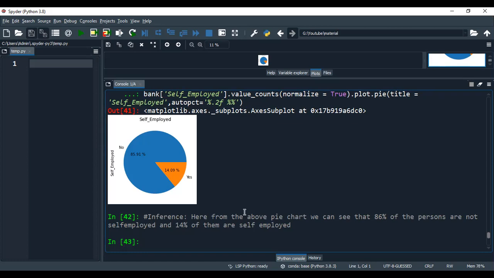In one single shot, you can draw both bar plots and pie plots for categorical columns, and also the related charts and statistics for continuous columns.